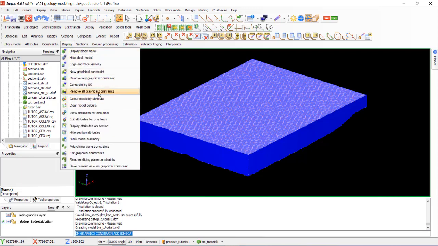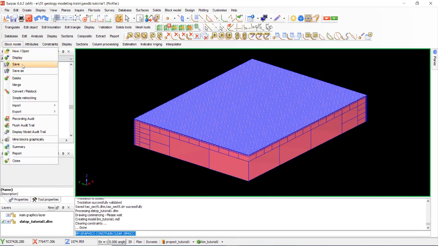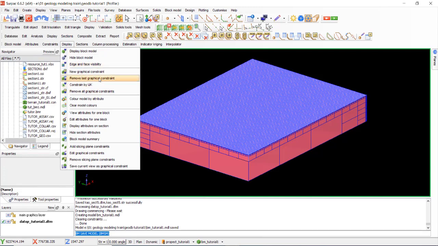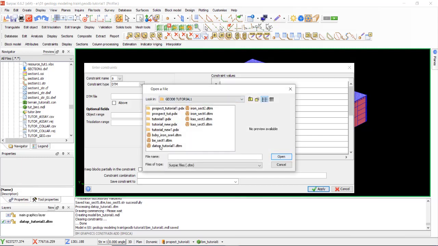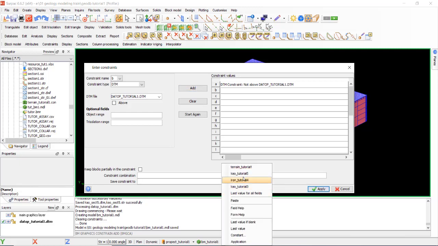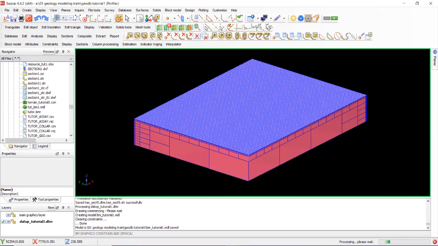Remove all graphical constraint. First save the block model, before constraint it must be saved. Okay, start GTM, not above. Okay, must be not above. Add trend tutorial 1. Okay, apply.